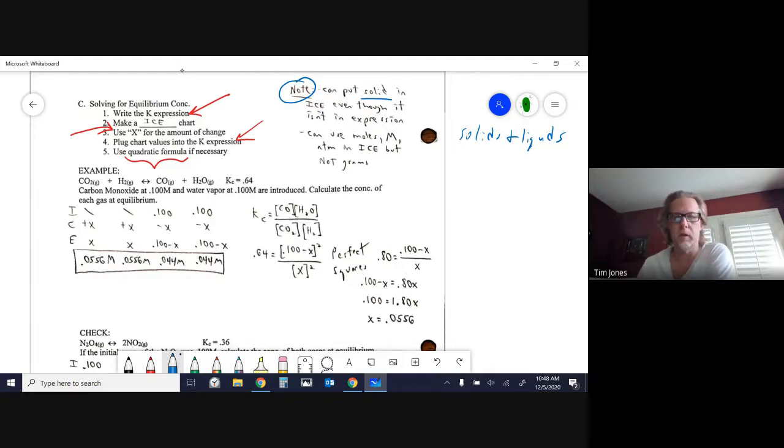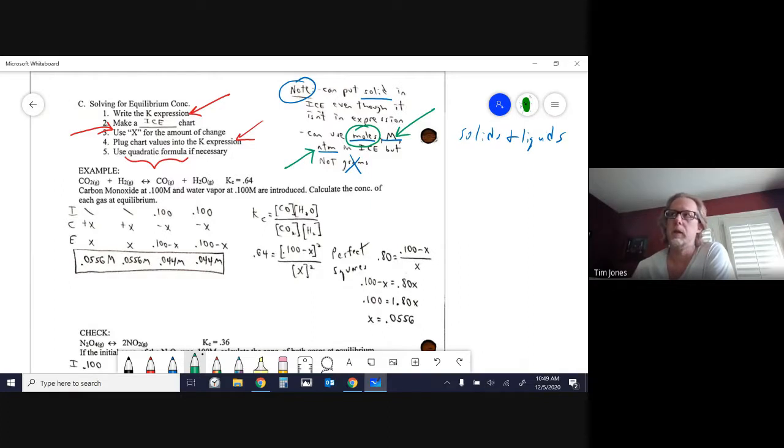Next, in the ice chart, you can use moles, molarity, atmospheres, but never grams. You can never use grams in an ice chart because an ice chart is based on stoichiometry and a balanced reaction. And you can't use grams because things have different molar masses. The thing you can always use in an ice chart is moles. That's a certainty. Molarity you can use if the volumes are not changing. And atmospheres you can use if a few different things aren't changing, like volume and temperature